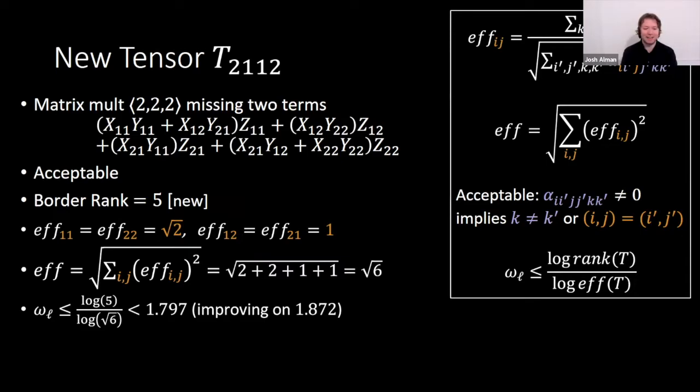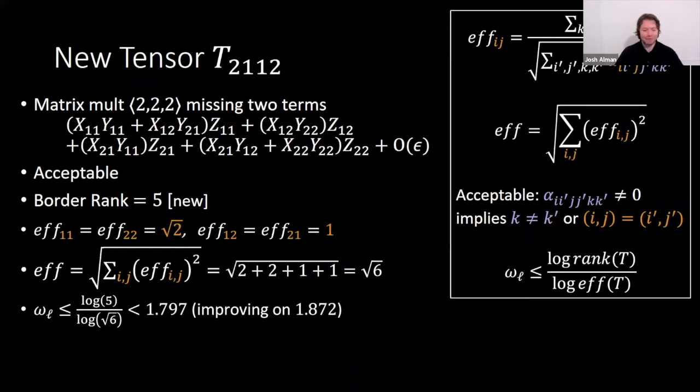Usually you have to take your tensor, raise it to a huge Kronecker power before you really get a rank bound, and then all hopes of practicality fly out the window. But here's what I'm going to do. When I say it has border rank 5, what that means is that you can introduce some formal variable